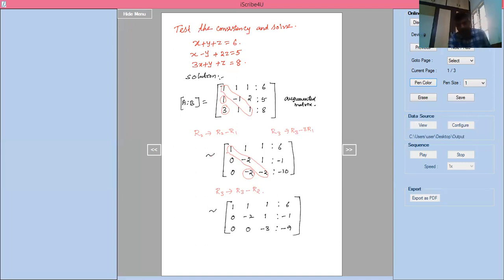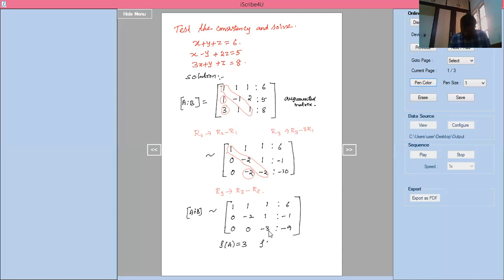How do you simplify this one? See, how to test the consistency and solve it out. Here we have to find out first the rank of A. Rank of A is to B, this is A is to B. Rank of A means before is to, how many non-zero rows are there? This is one non-zero row up to here, second non-zero row, this is third non-zero row up to before is to. Now I will say that rank of A equal to number of non-zero rows is 3.